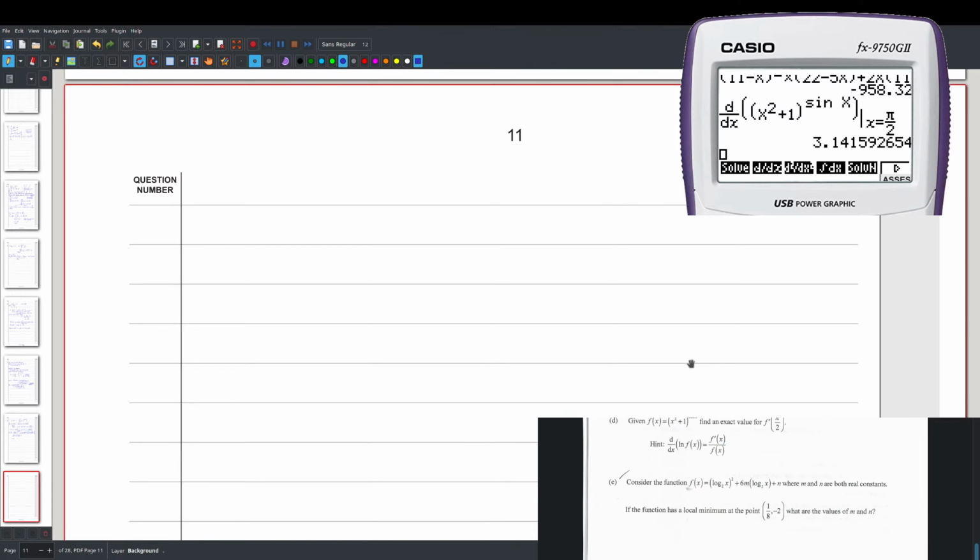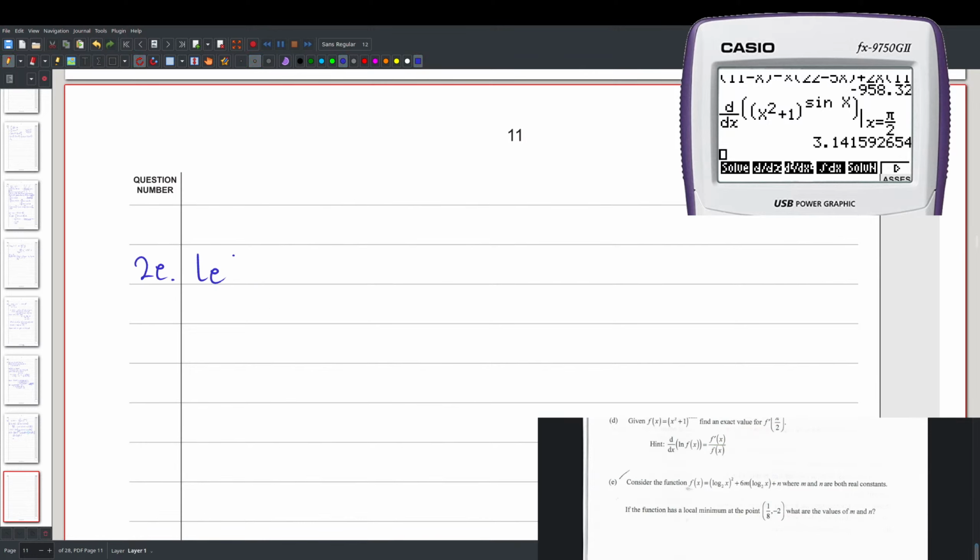Okay, consider the function this majig. We're both in our real constants here. The function has a local minimum at the point, yada yada yada. What are the values of m and n? Okay, so the first thing you should notice is, okay, so because